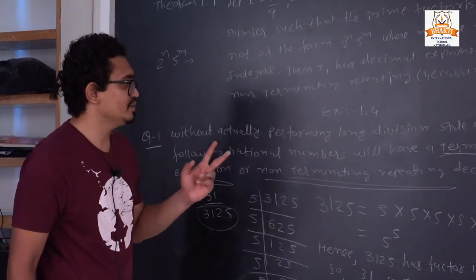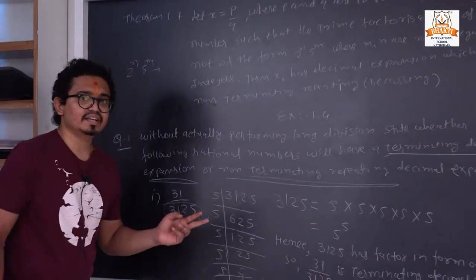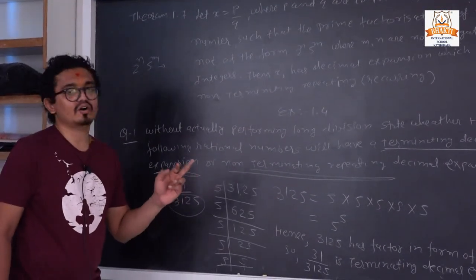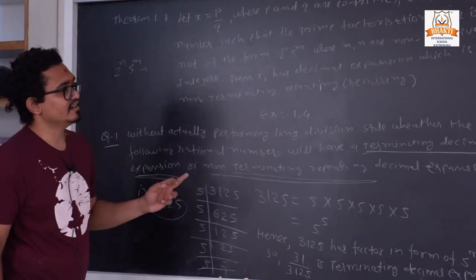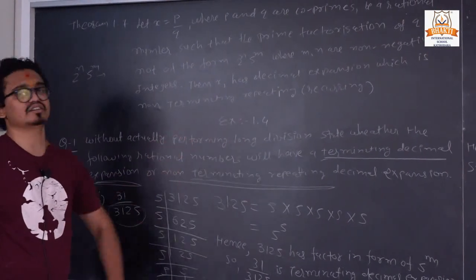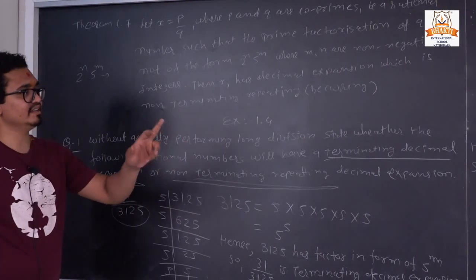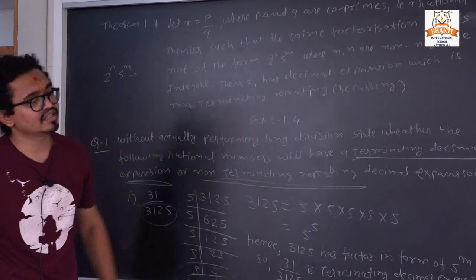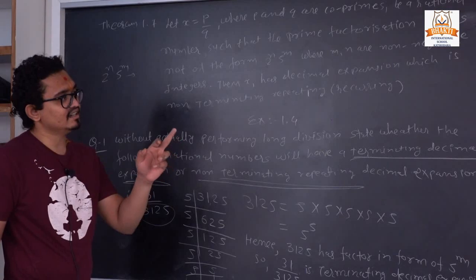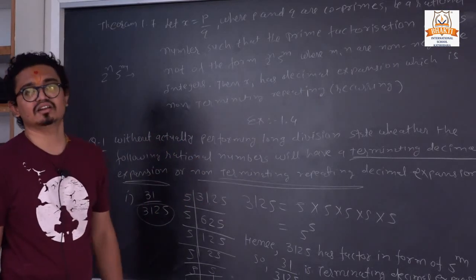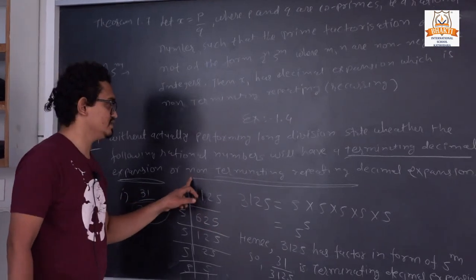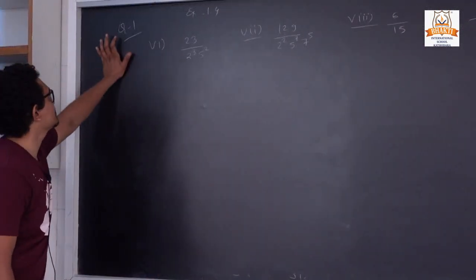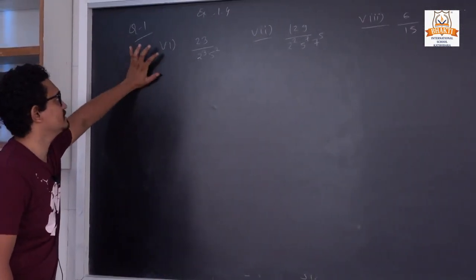So for that you need to remember two things. Which two things? If the denominator is in the form of 5 and 2, or only 2, or only 5, we can convert that number into a terminating decimal expansion. And if we have terms other than 2 and 5, like 7 and 13 or 3, we can conclude that it is not a terminating decimal expansion. So it is which kind of decimal expansion? Non-terminating repeating decimal expansion.